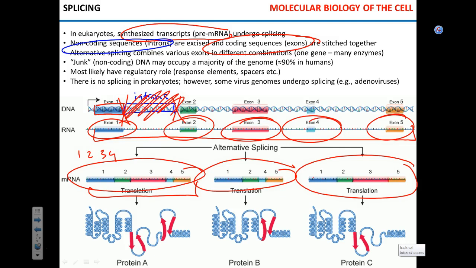What do you think will determine which version of the protein will be produced? The gene can produce 3 or 4 different versions of the protein with slightly different functions. What will determine which one will be produced? It's a simple question, much simpler than you think. You know the answer to it. Which protein will be produced, which function. Function means what? Biological term. Function is manifested in the organism as